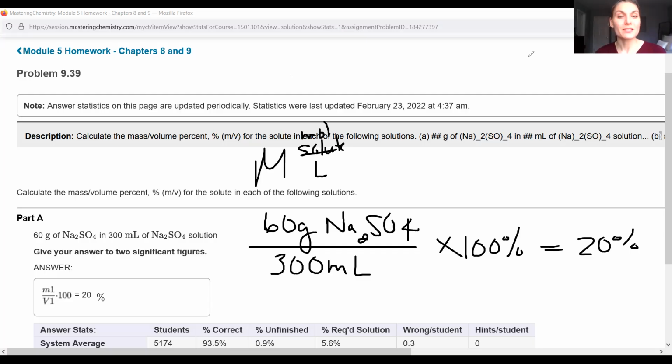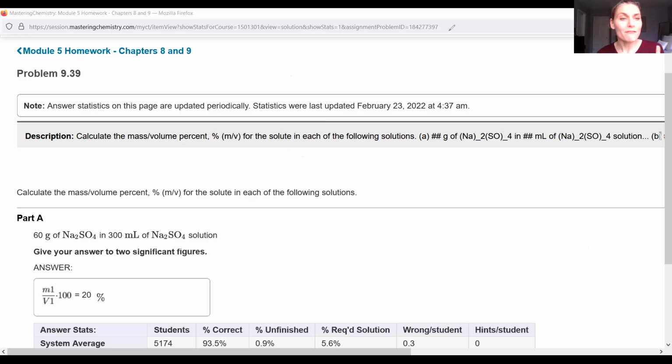Sometimes they'll ask you to find moles from liters. Sometimes you're going to be asked to solve for grams. Sometimes you're going to be asked to solve for the molarity. Like I said, for some reason I cannot find practice problems for those questions, but I promise I will get you some. I'll make a little additional video so you can run through some of the practice problems.